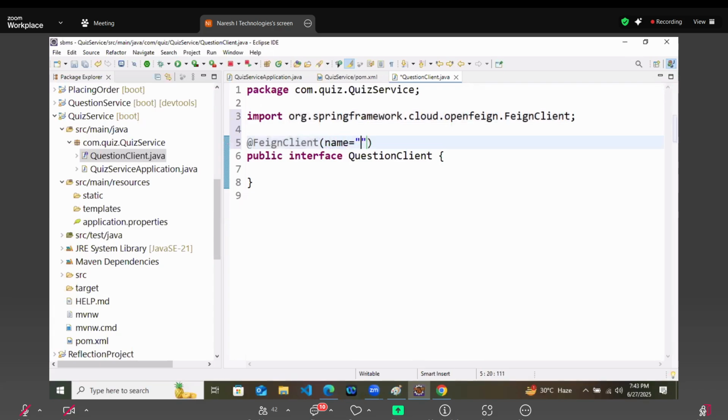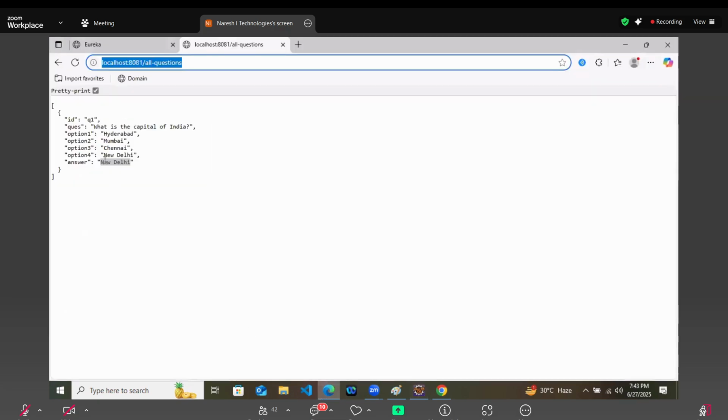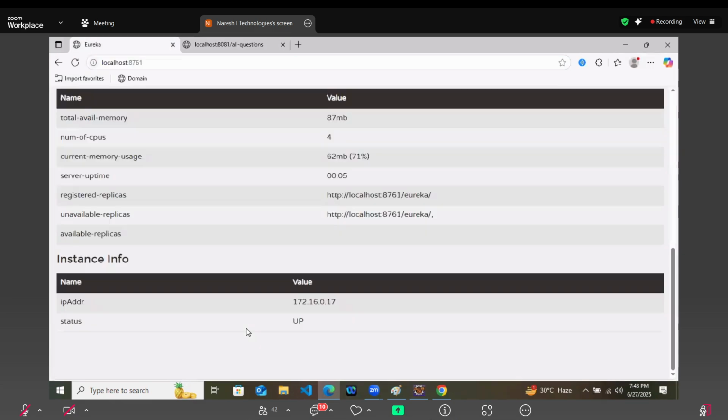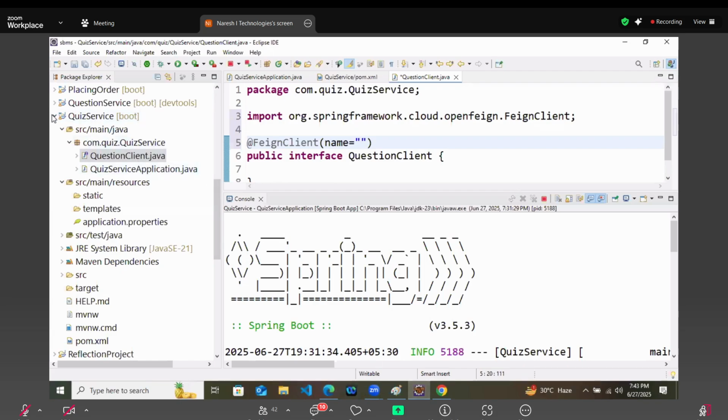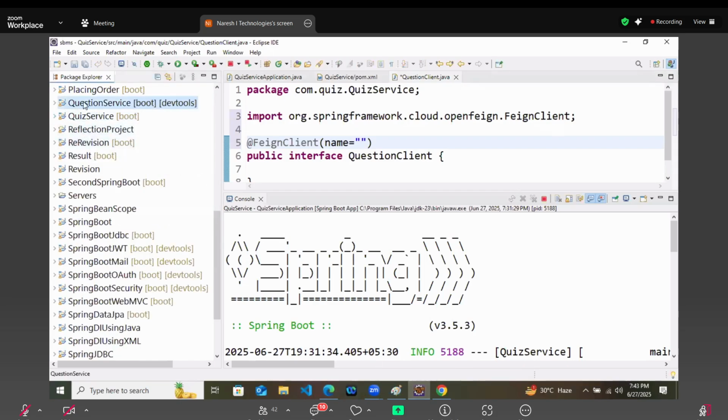FeignClient name equals to something. Now go to your Spring server, Eureka, and here you want to talk with the question service. You have to check the project name properly, whatever it is written. So our project is written as QUESTION-SERVICE, Q capital, S capital. The same I will type here.